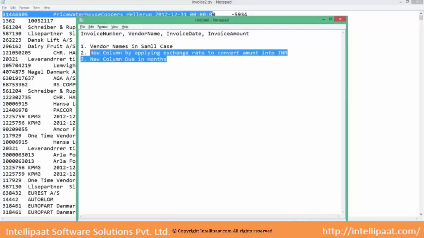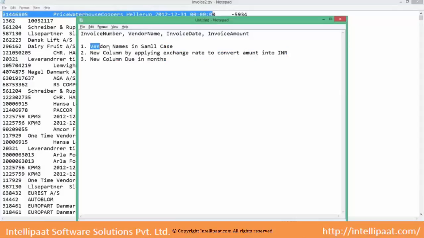These are the transformation logics that need to be applied. Vendor name in small case. So the same column can be replaced with the small case characters. There is no need of creating a new column. But for INR, this amount is in USD, so for INR we need a new column: invoice amount in INR.